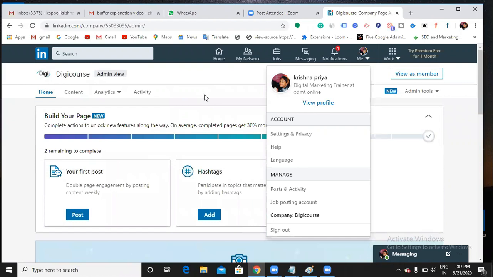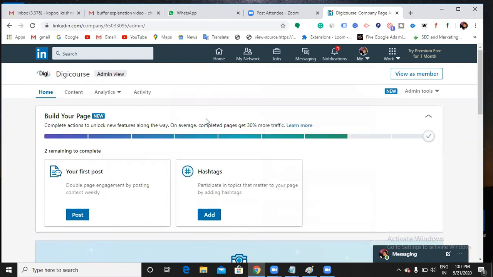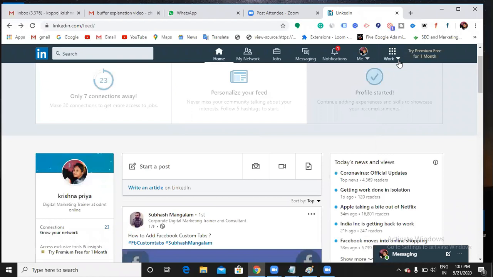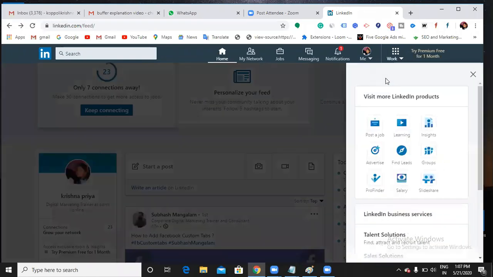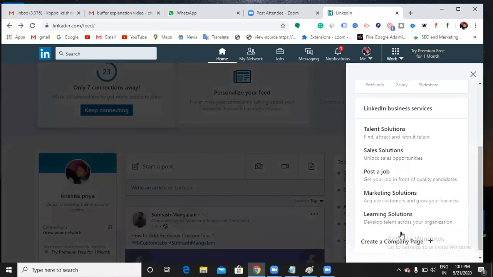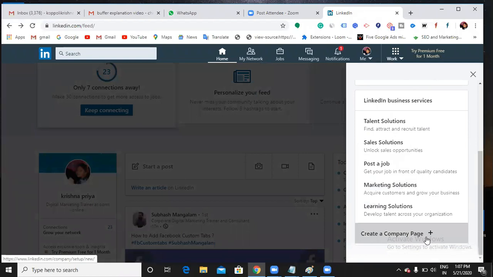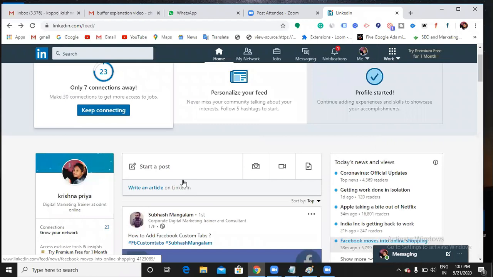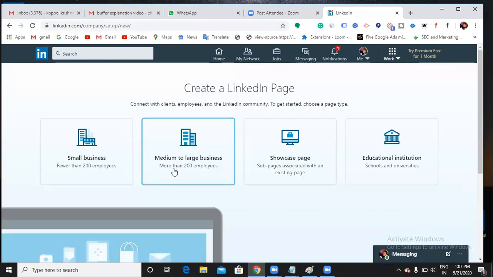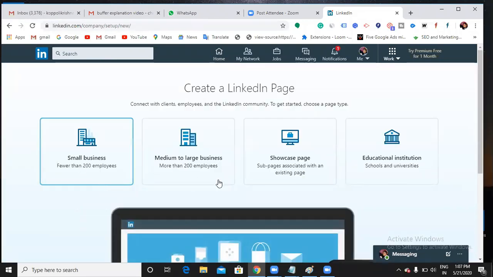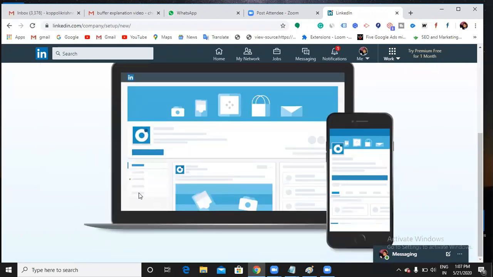Here also you can post something, same as you can post whatever you do within your personal account. To create one, go to Work, scroll down. Here you can see Create a Company Page. Click this and then choose what type of business yours is: small business, medium or large, showcase, or educational institution.